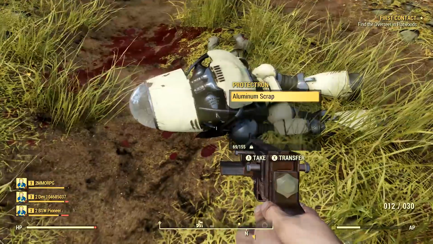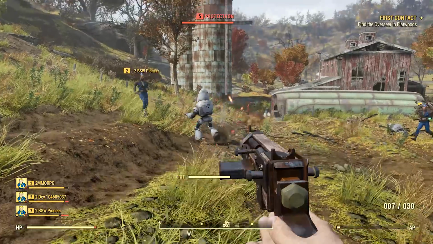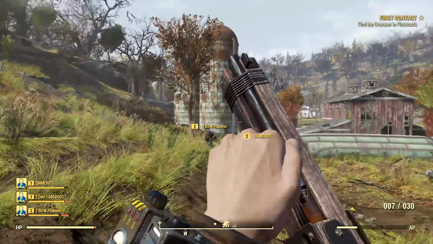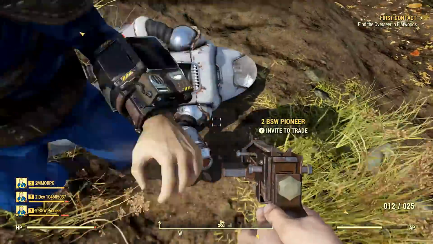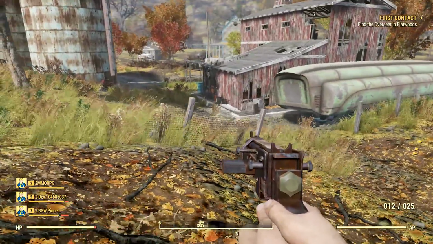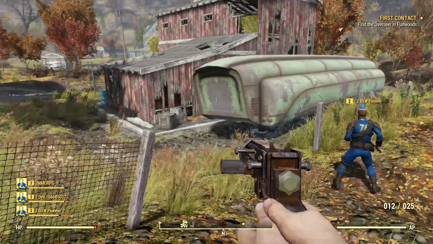trigger, and it will lock onto the enemy, and you'll see a percentage of how likely your bullets will hit that enemy. So time does not slow anymore, but you're still able to have a kind of percentage of how you're able to hit the enemy. And later in the perk trees, you're able to unlock the ability to target different bodily systems, such as the